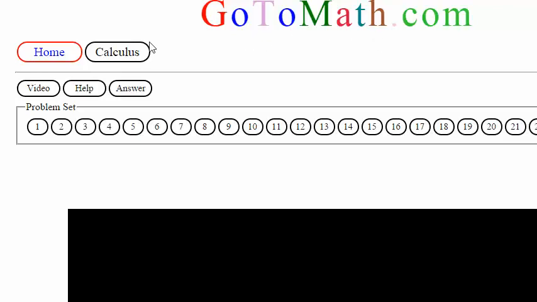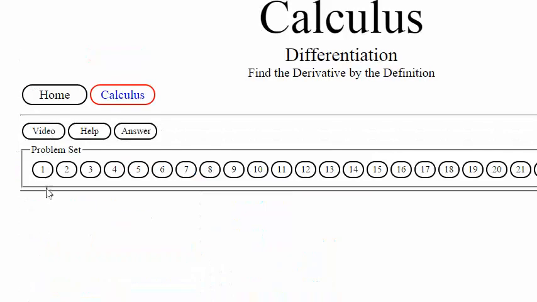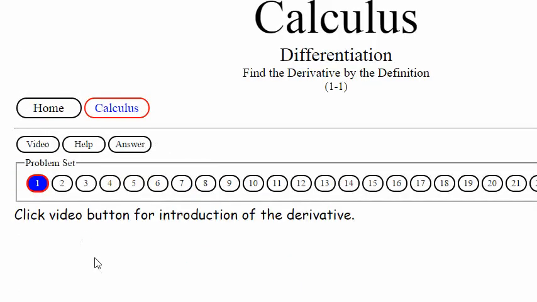Well, we're at gotomath.com working on a new section, and we're going to be talking about differentiation. This section is going to be all about finding the derivative by the definition. So finding the derivative, and of course this is what you're going to see when you click that. But let's go ahead and go over to the whiteboard